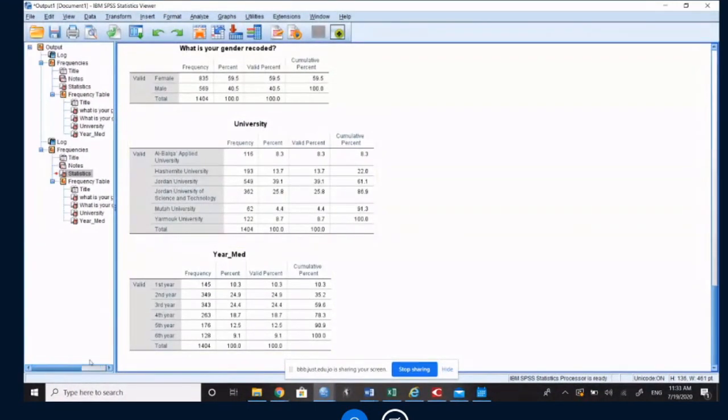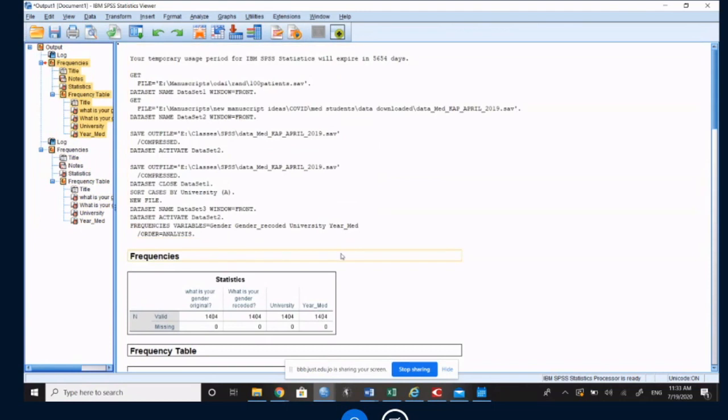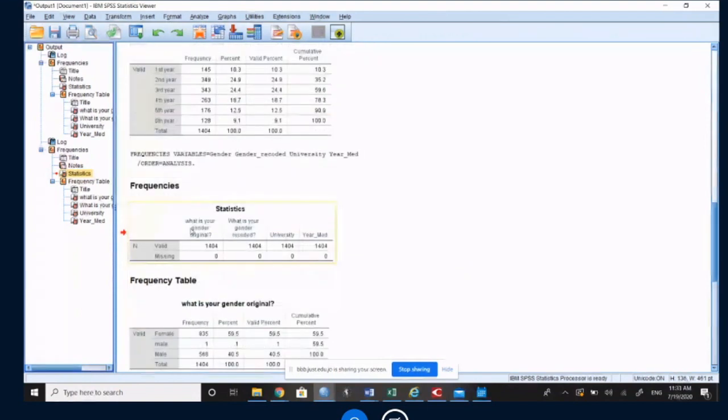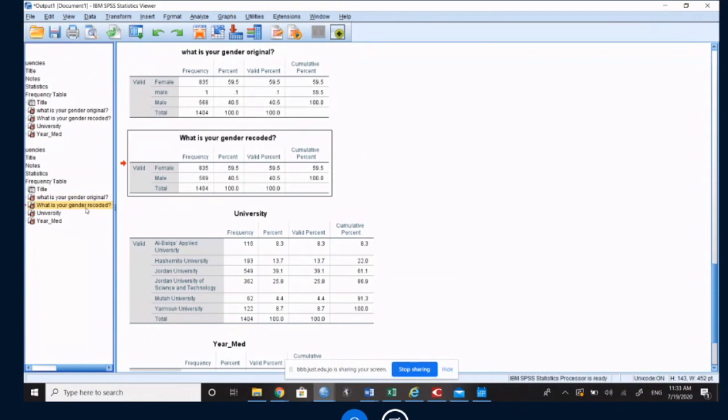Now, this window is different than the data view, variable view window. You can see the outputs that you've done. We did the frequency distribution, which is here. I did it twice. I don't think you've done it twice, but I did it twice. This is the second frequency distribution. These are the frequencies, the title, notes, and statistics about the whole process that I did. And then the frequency table, which has a title, and then what is your gender recorded,